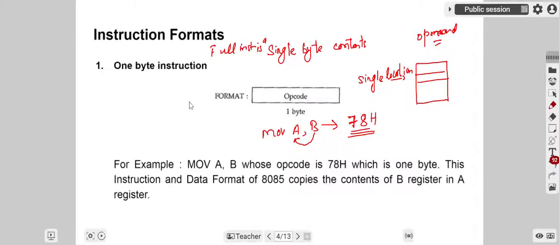There are a lot of instructions which fall in the category of 1 byte instruction. For example, all the move instructions like MOV A, B. Similarly, INR B, INX instructions, RLC, RAL, the HLT instruction. There are a number of instructions where no operand is specified, as address or immediate data, with that instruction. That kind of instructions are under the category of 1 byte instruction. So there are a lot of examples you can write for 1 byte instructions.